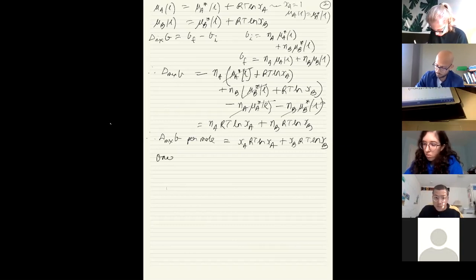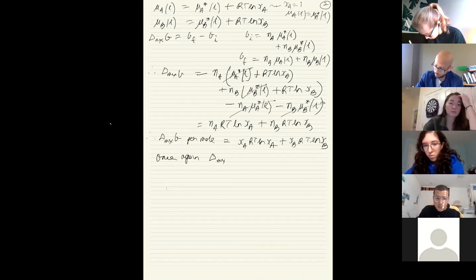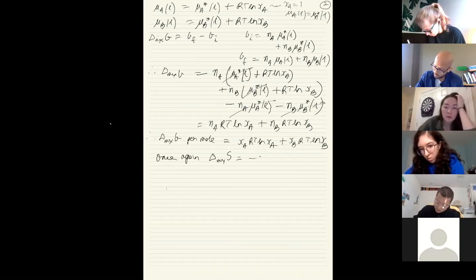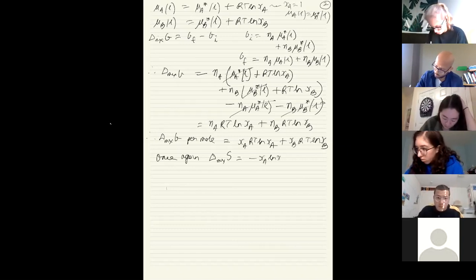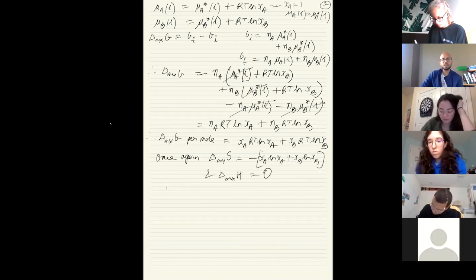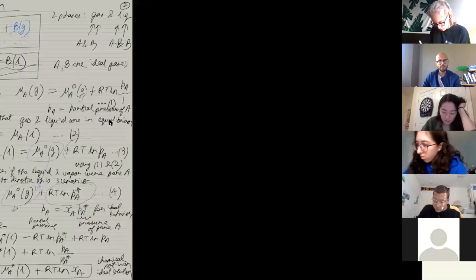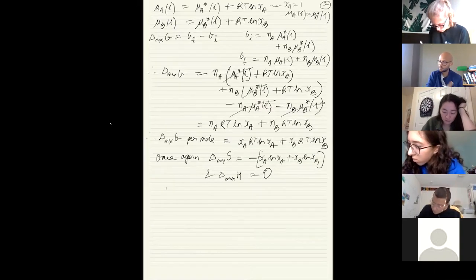Once again, delta mix S is equal to minus XA ln XA plus XB ln XB, and delta mix H is equal to 0. We showed this for a mixture of two ideal gases. Now we have gas existing in equilibrium with liquid, and we get exactly the same thing. So